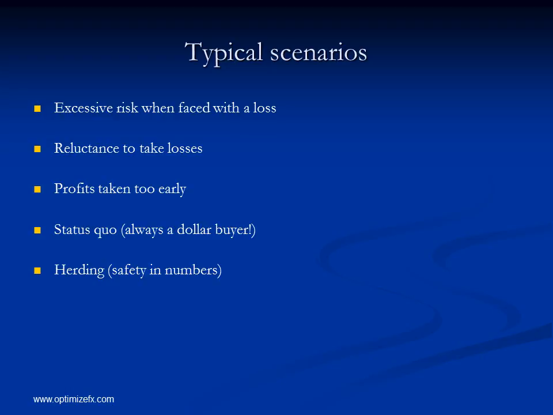Status quo bias is when you're always a particular way, and that's a facet of human behaviour which is irrational. Often I've seen traders buy dollars, cut themselves out, and immediately go back in and buy dollars. Now, if you stopped out at 70 and you go back in at 70, that's not really making a rational trading decision. It's the same thing as not having a stop loss in the first place.